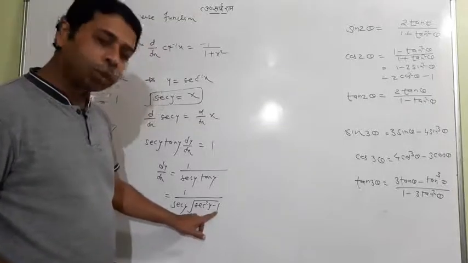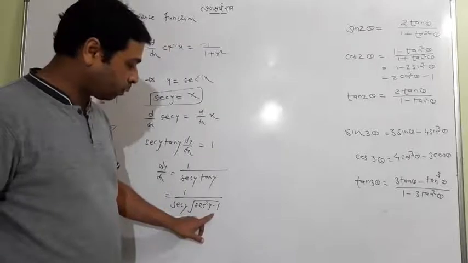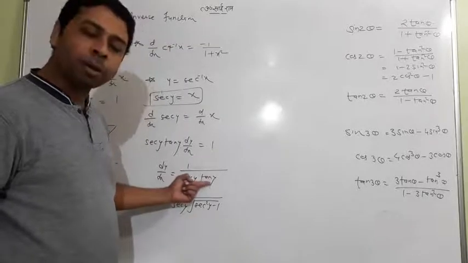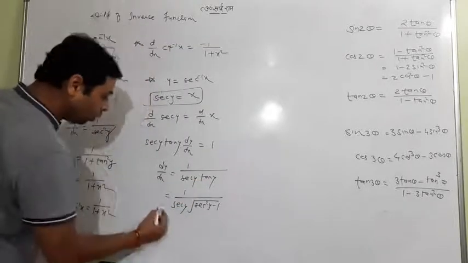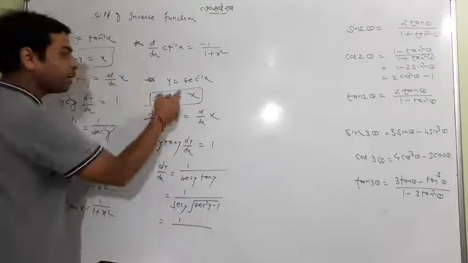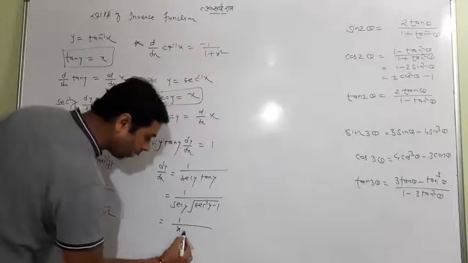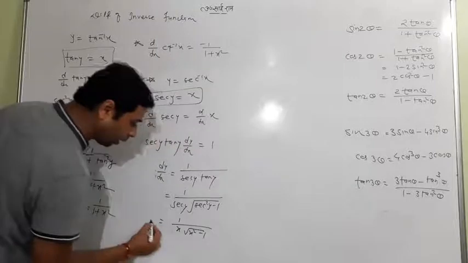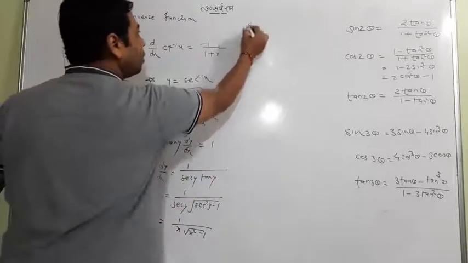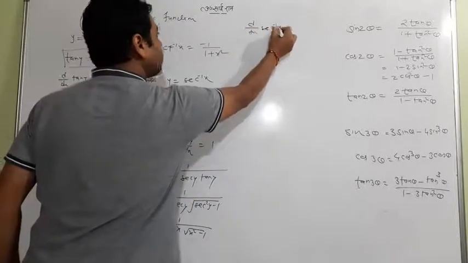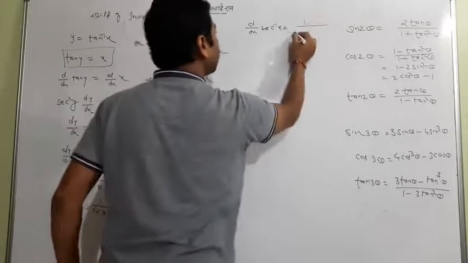Sec square y minus 1 is equal to tan square y. When tan square y comes out, it will be tan y. So I intentionally changed it, because sec y is equal to x. So everywhere now you write x and the square root of x square minus 1. So this is the formula of d by dx of sec inverse x is equal to 1 upon x into